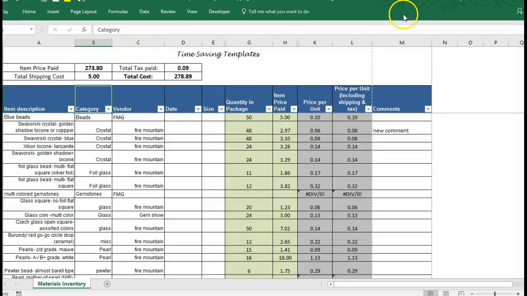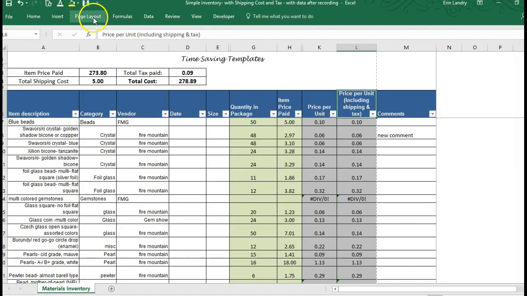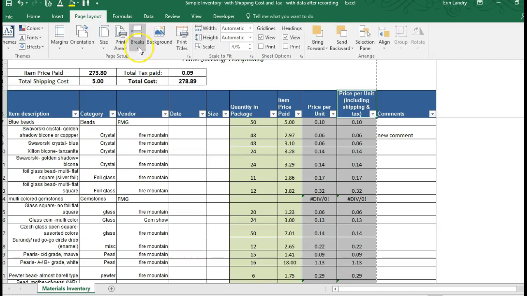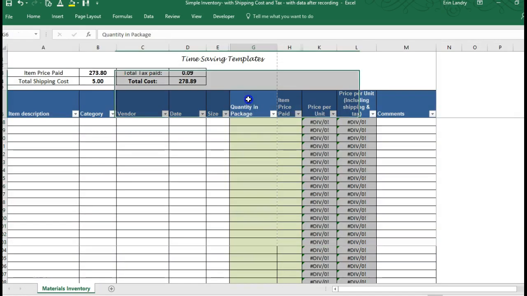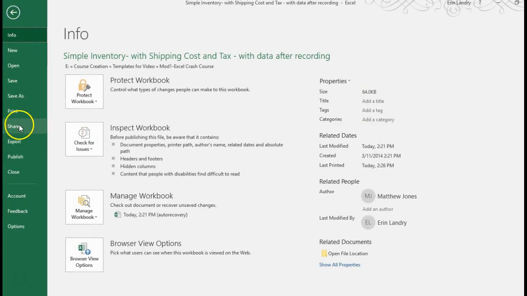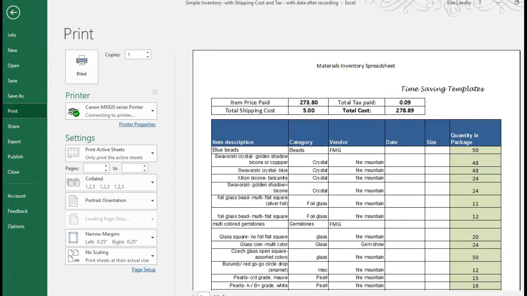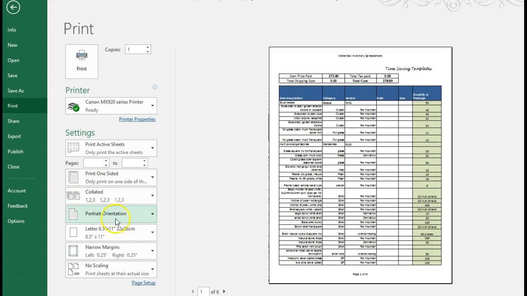So actually, what this dotted line is, is a page break. What I end up doing to remove that dotted line is Page Layout, Breaks, Reset All Page Breaks. Okay, now it will show the dotted line where it naturally will fall for the page break. But we still have an issue with getting this to print on one page, and that's as much as it will fit. So let's go back to print, and it now will print out on 6 pages,